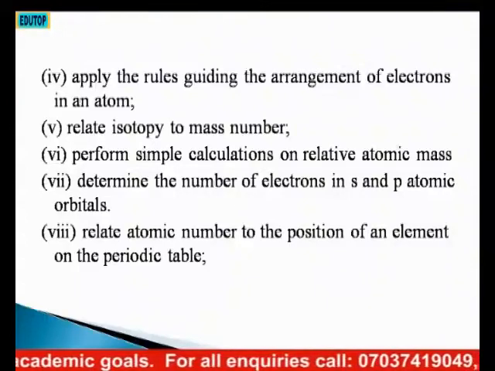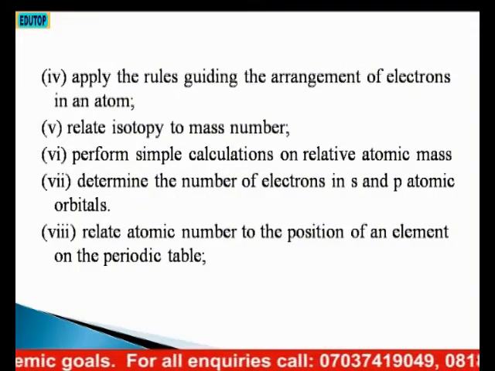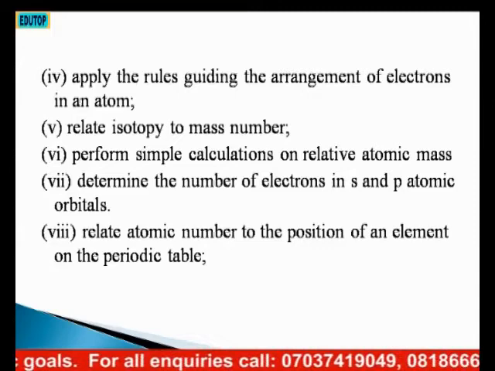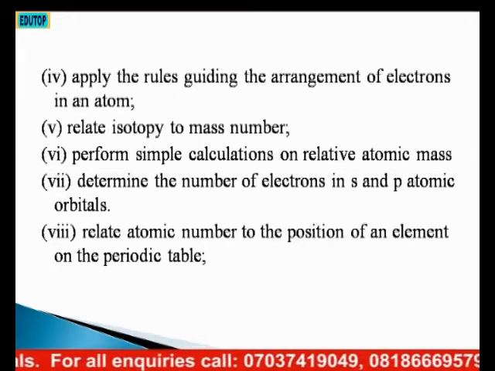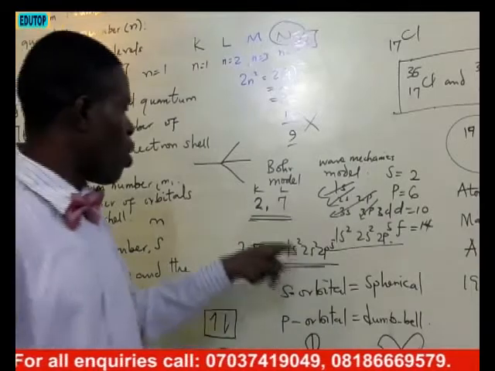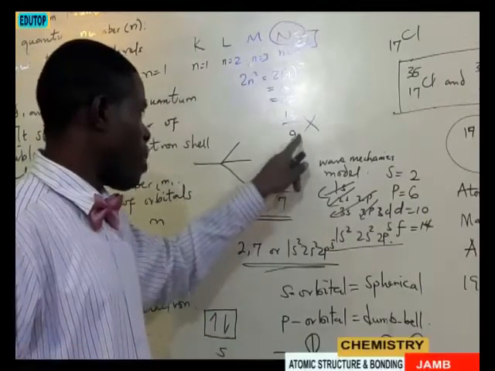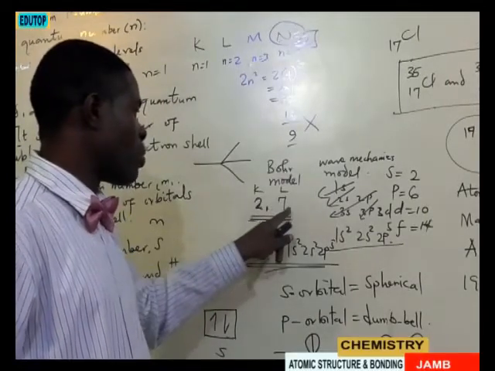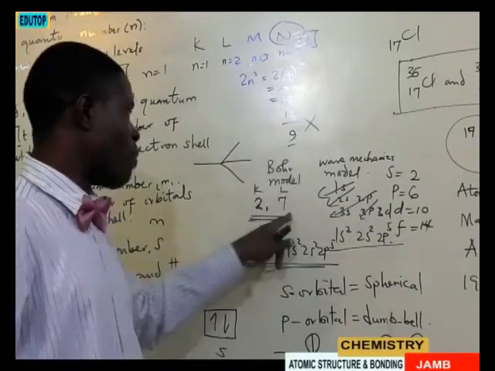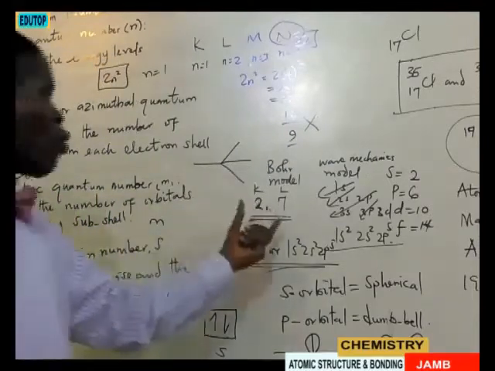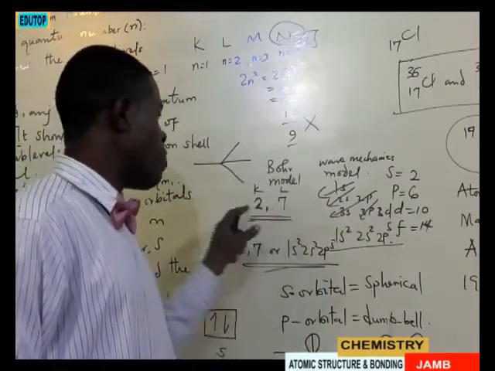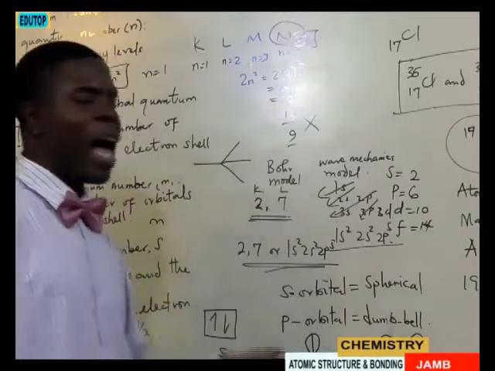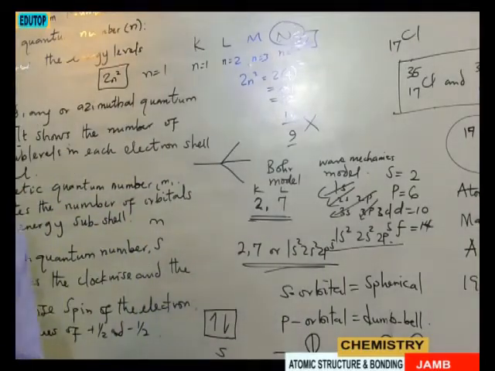P orbitals, we have done that. Relate atomic numbers to the position of an element on the periodic table. Also, by virtue of this, that has atomic number of what? 2, 7, as in 9. So 2, 7. So automatically this atom will definitely be a group 7 element, because elements are placed in groups